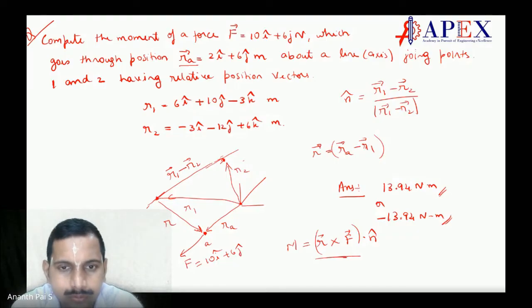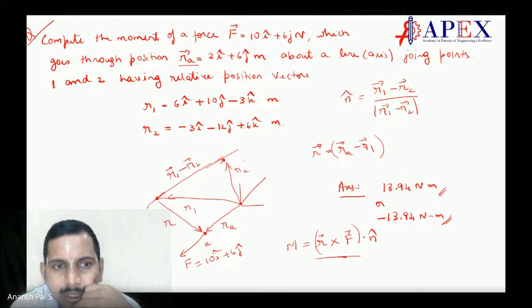Sir, I didn't get the rA. How will we know that rA should be taken on the left side only? We do not know; I have just arbitrarily said that. Sir, if the vectors are defined, does that mean all are coming from the same point? Yes, it is coming from the origin. It is a position vector, is it not? Position vector is always along with the origin. Yes, sir. So that is how it comes.